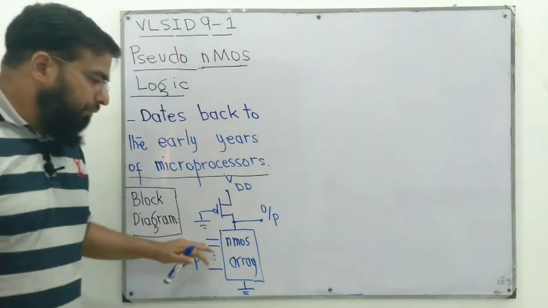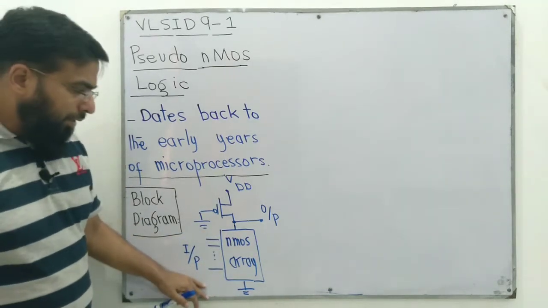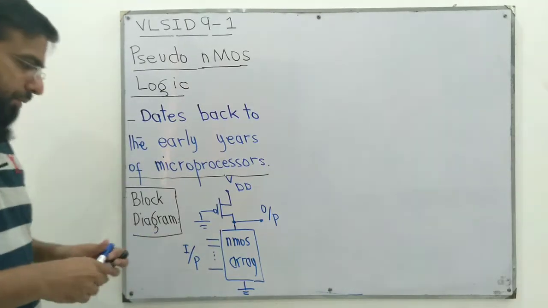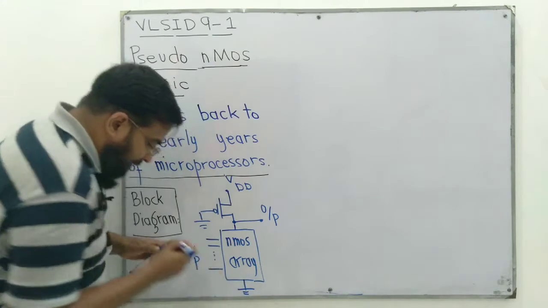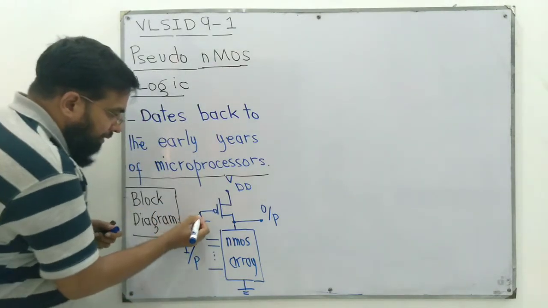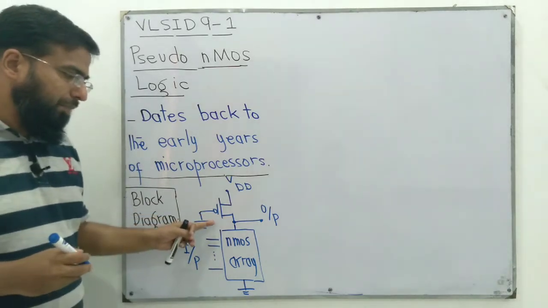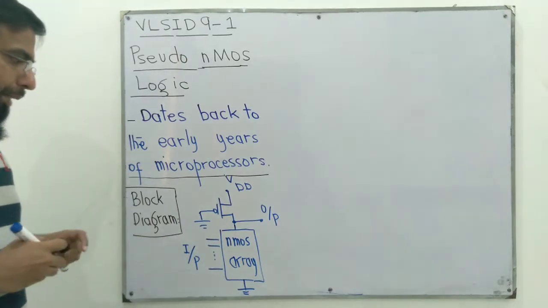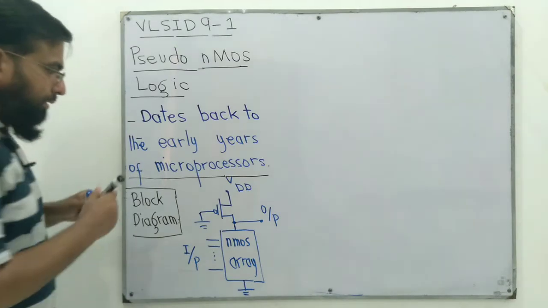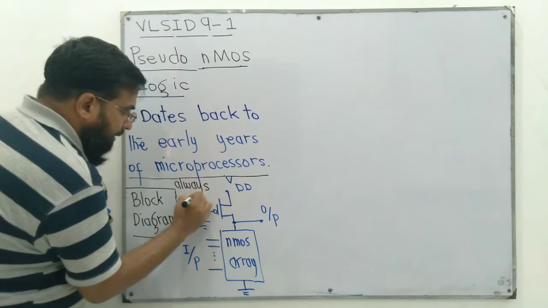The upper part of the logic is the nMOS array. It's the same nMOS array as we use in CMOS, but the difference is in the PMOS array. We have a special PMOS array in this technology, which is not an array in fact, but a single PMOS transistor. And the second important thing is that this PMOS transistor that replaces the whole PMOS array is